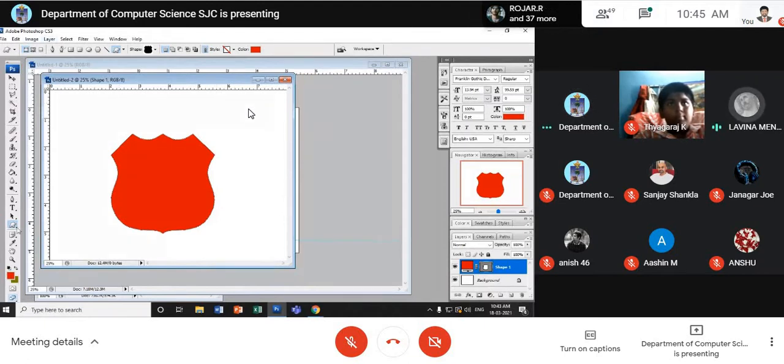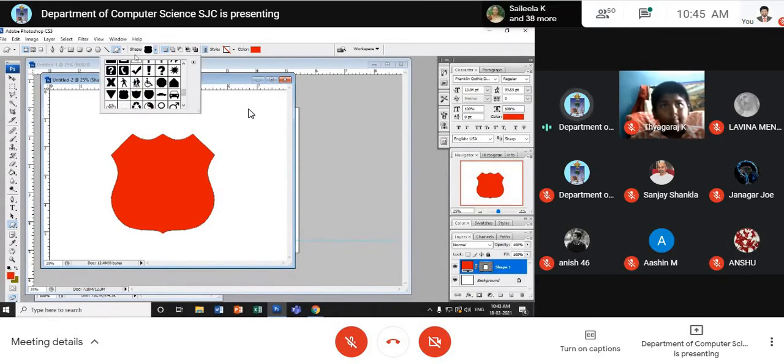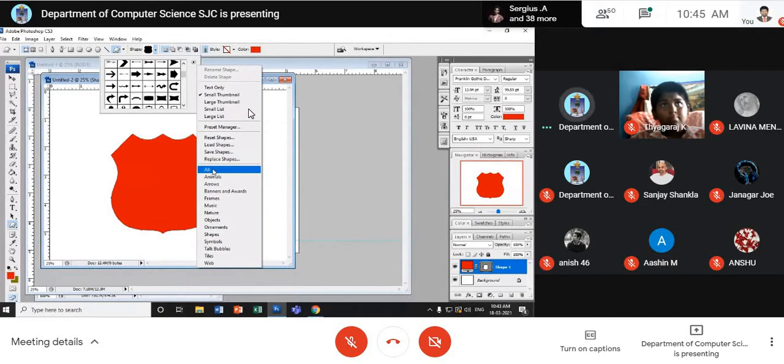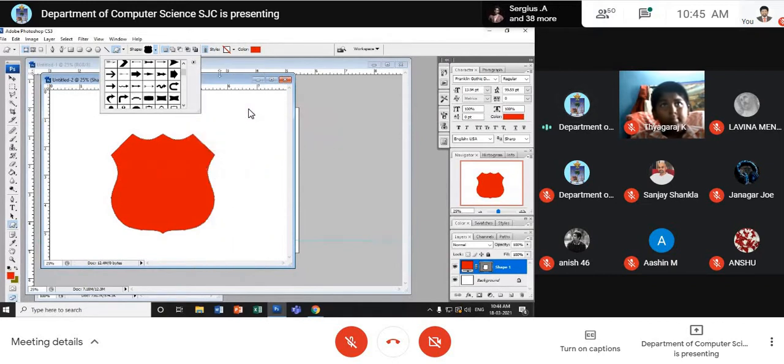Sir, can you tell from where these custom shapes can be found? It is not showing on the toolbar. Look at the bottom. Below all the tools, you have custom shape. Do you see that? Yes, sir. Click here and you will be able to pick up anything. After clicking that custom shape, you will have the shapes. You go up and down, you will be able to get all the shapes. If you don't get enough, click this small arrow, and click All, then Append. You will have some more.